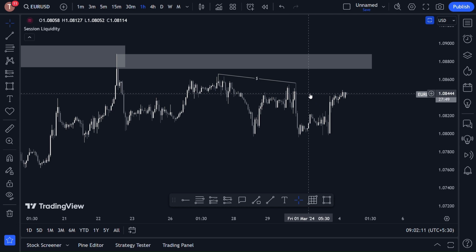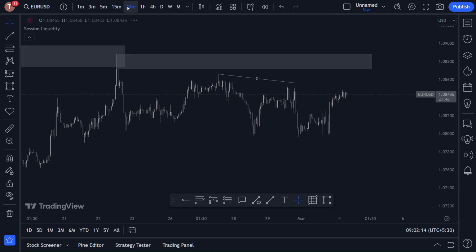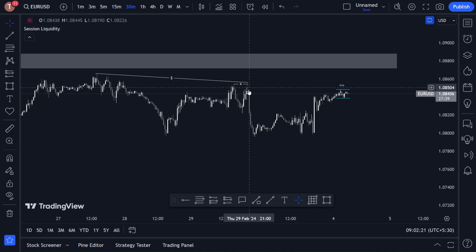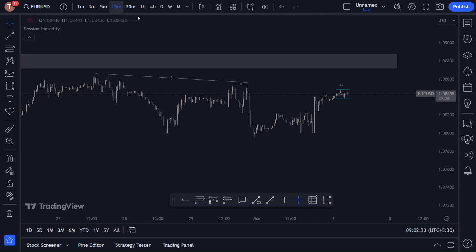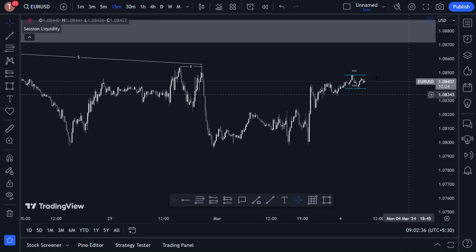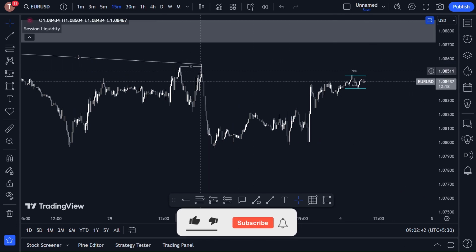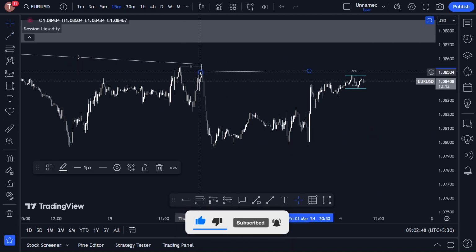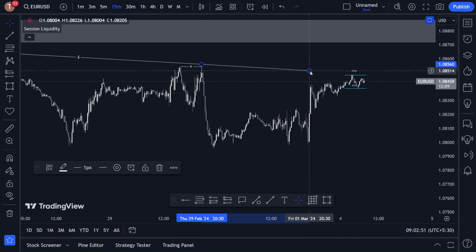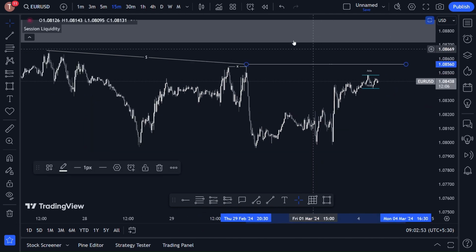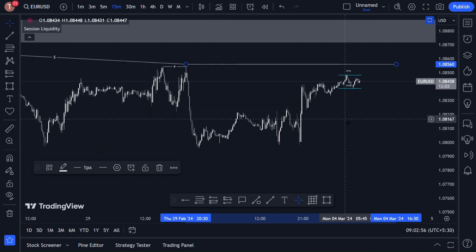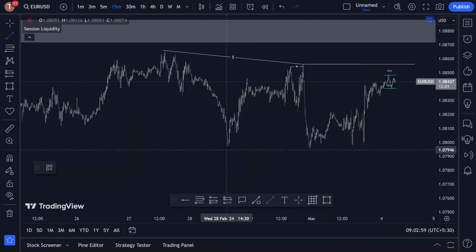So for a precise picture, let's move to the 30 minutes. This is the 30-minute chart, and the price is reacting from a relative strong high into the smaller time frames, and we are in the Asia session right now. So let's move to the 15 minutes for the buyers for today. This is the 15-minute chart, and the price is mitigating this high. If we are going to break this high, most likely we are going to go above, take all these liquidities, and then move into the downward direction from the unmitigated wick of the higher time frame, taking all these equal lows accumulated